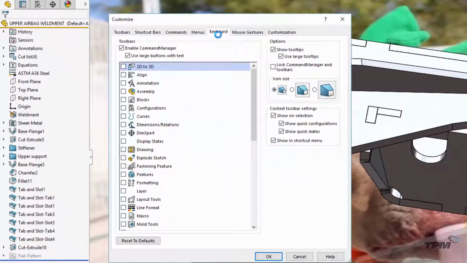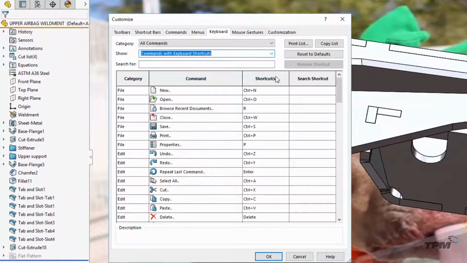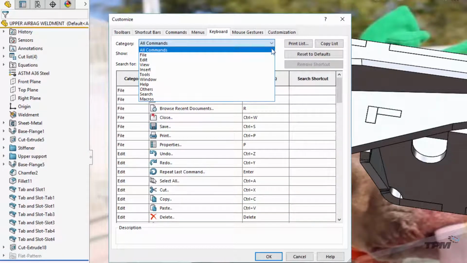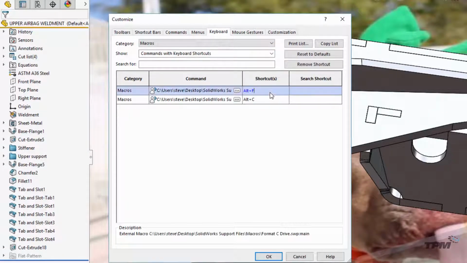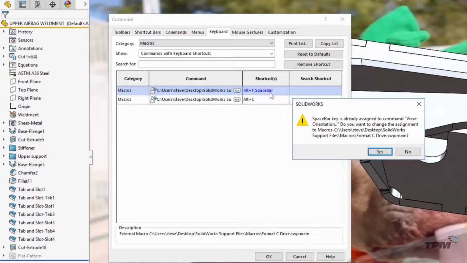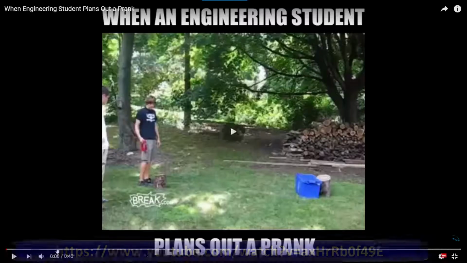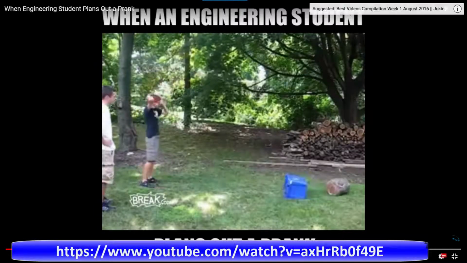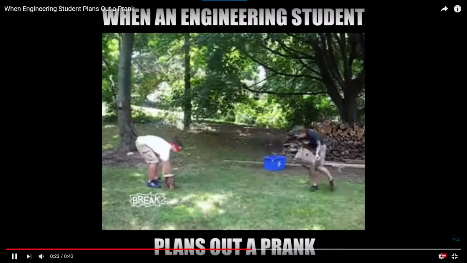While you're editing the mouse gestures, you might as well have some fun with the keyboard shortcuts. Find out which keys have shortcuts and reassign them to the same macro we've been using, or whatever works for you. Now, I hope you've found some tips on how to prank your fellow SolidWorks users and learned some very